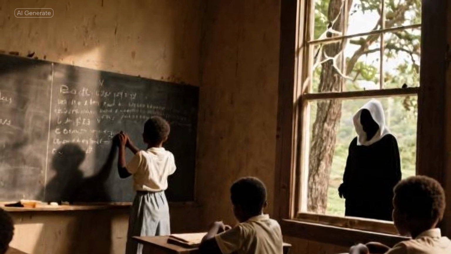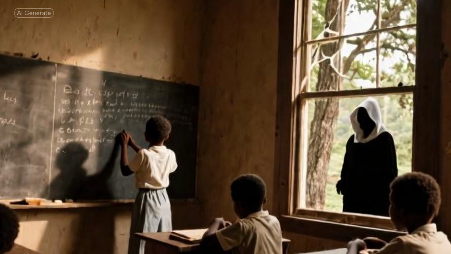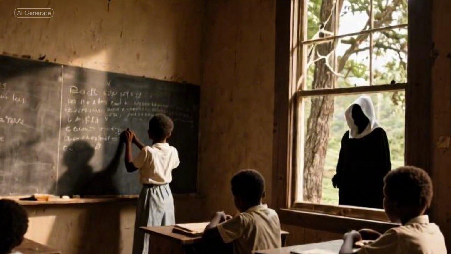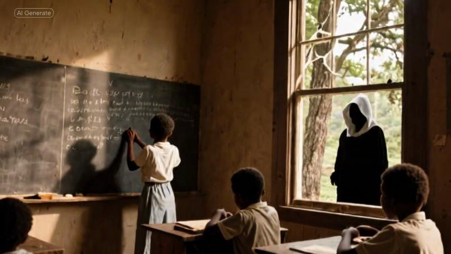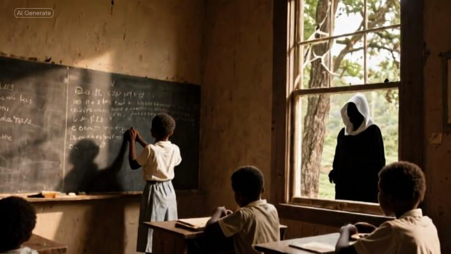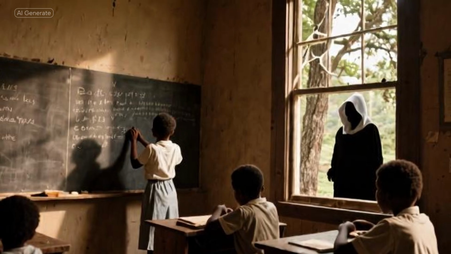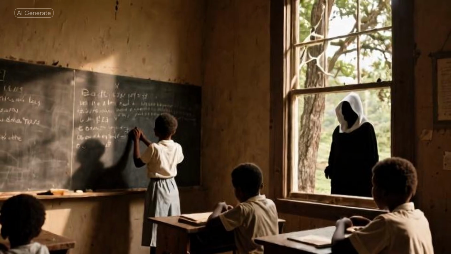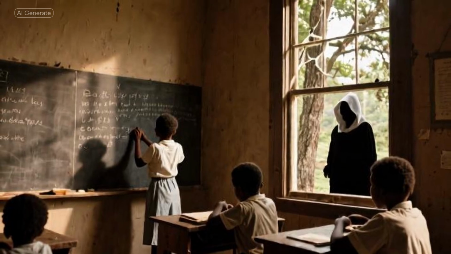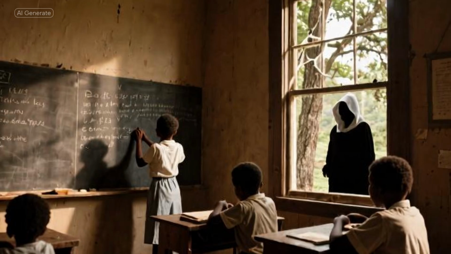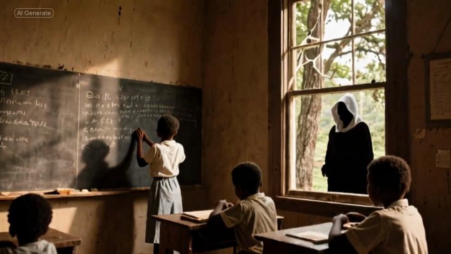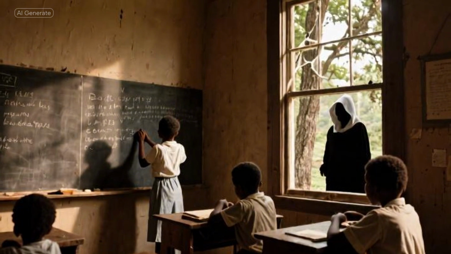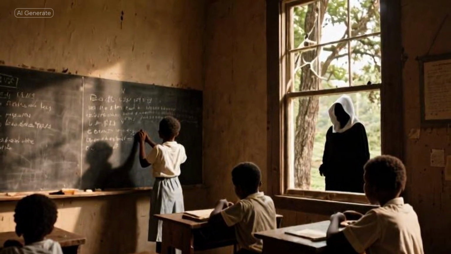Reconstruction, a word heavy with promise and burden, began as an effort to mend the shattered fabric of the United States, stitching together a union forever altered by 4 years of brutal conflict. Yet the path to healing was neither straight nor gentle. The 13th Amendment, ratified in December of 1865, formally abolished slavery, an undeniable legal milestone. Freedom, however, was a complex and multifaceted journey that extended far beyond the simple end of chains.